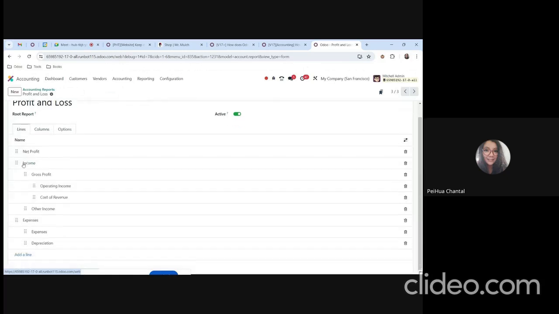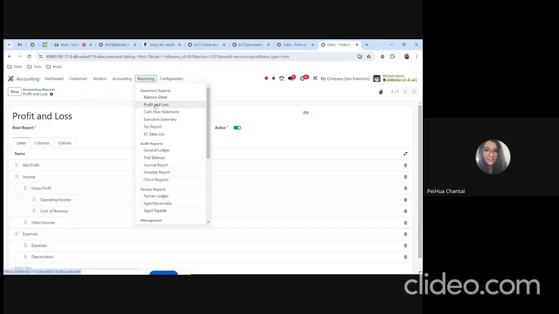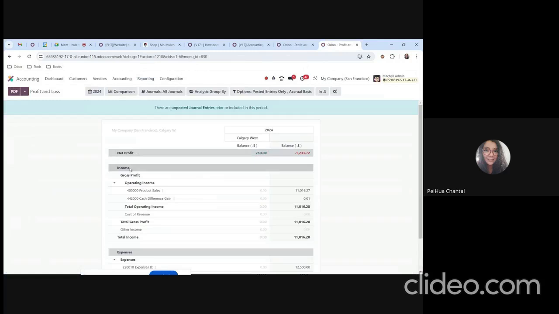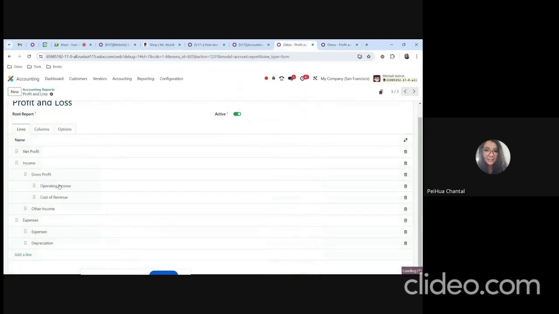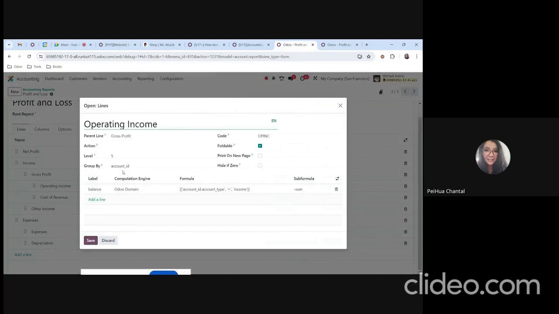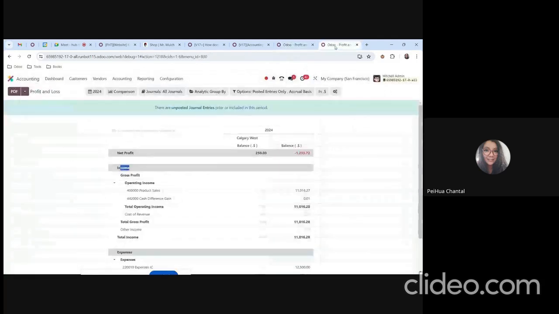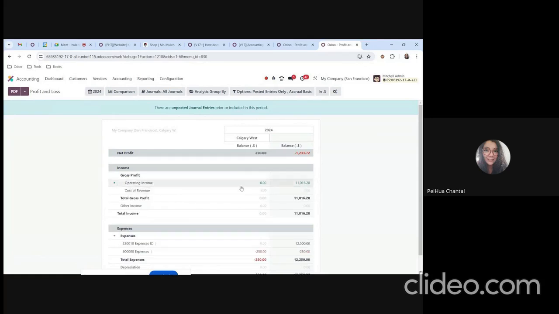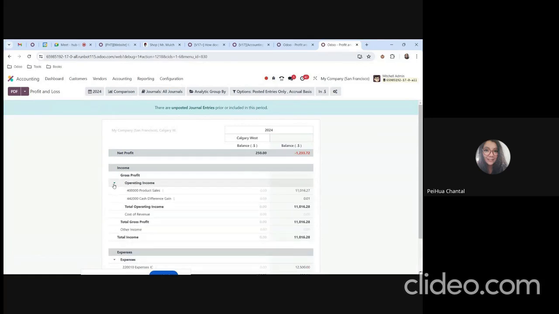So you will see there's net profit, income, expense, and indentation with gross profit. I'm going to duplicate that. So for you to see the current structure, the net profit is on the top, income and gross profit are indented, operating income is indented, but then it is grouped by account. If you open up the operating income, you will see that it is grouped by account ID. Instead of showing the whole details, when you click on it, it will break down the individual